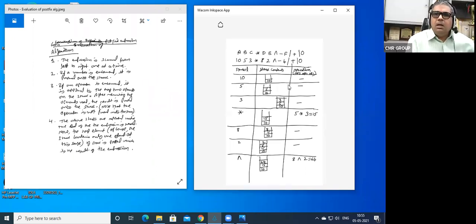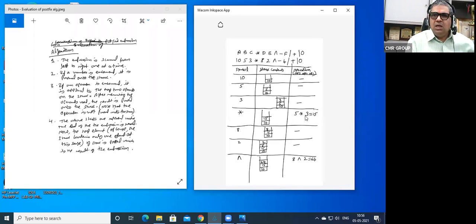Remember, the stack contains operands. Whenever you encounter an operand, a number, push it into the stack. 10 has come first, pushed. 5 has come next, pushed. 3 has come next, pushed. So the contents from the top are 3, 5, 10. Then star came, it is an operator. Since it is an operator, what are we going to do? The top two elements are going to be popped out. The top element 3 is going to be operand 1, 5 is going to be operand 2, and then the operator.